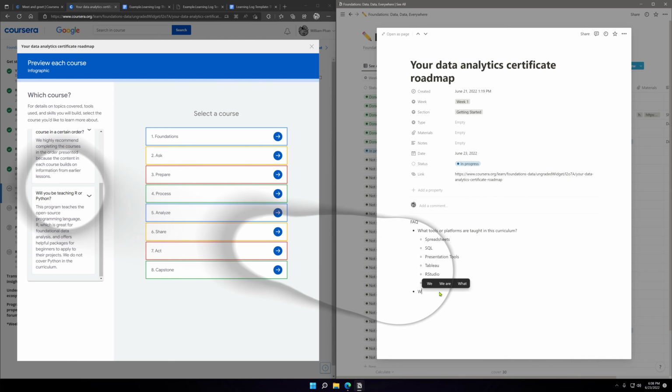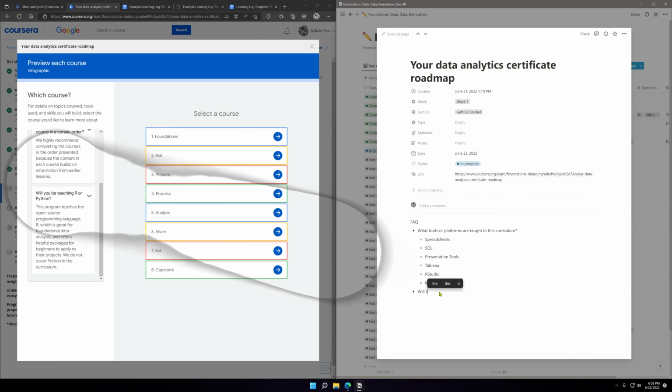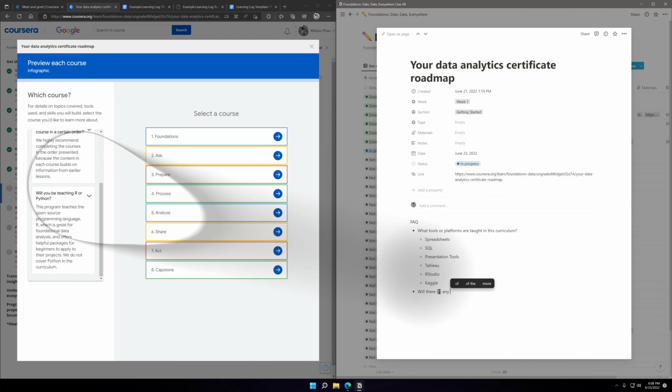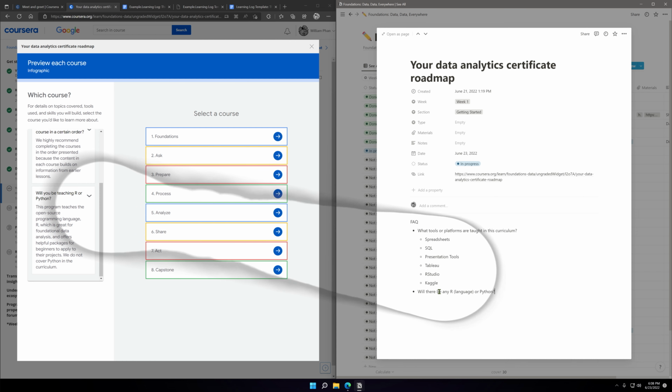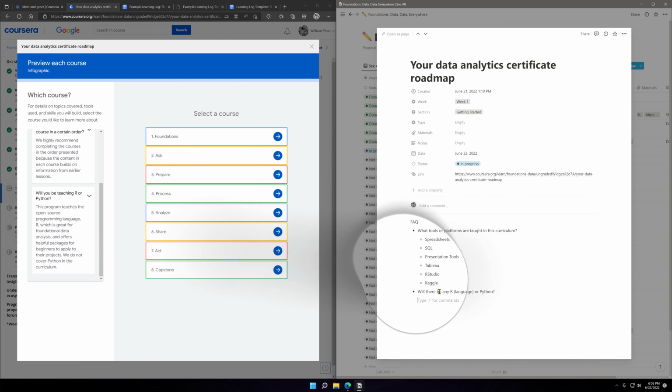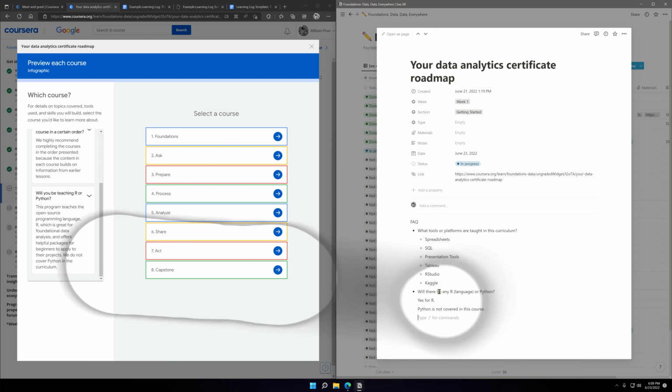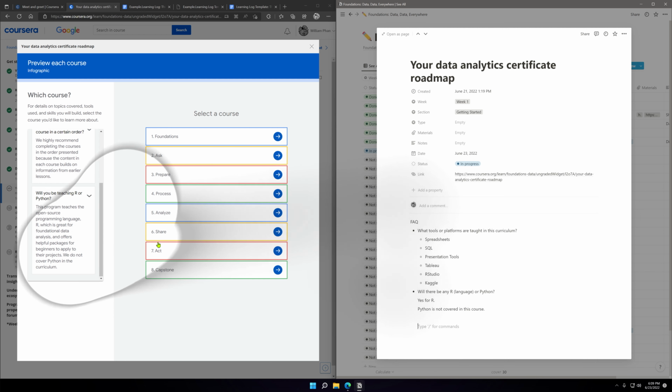Lastly, will there be any R language or Python? Yes, for R. Python is not covered in this course. Okay, sweet.